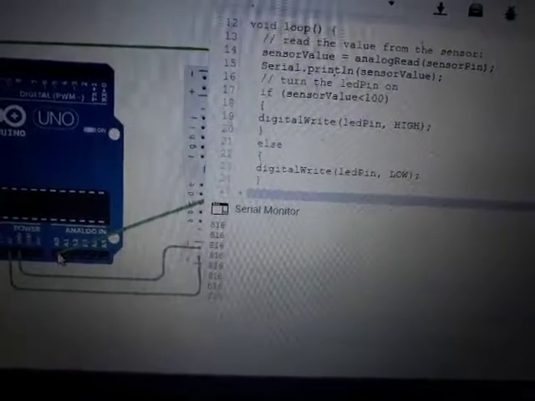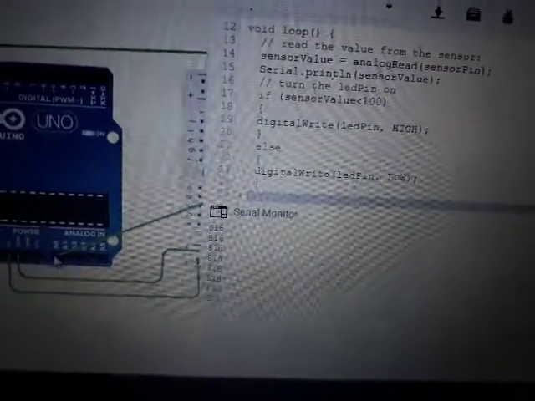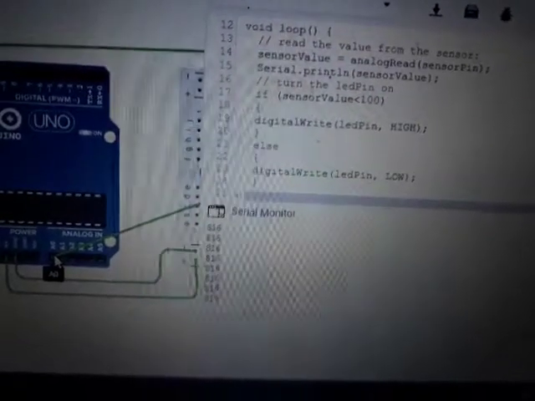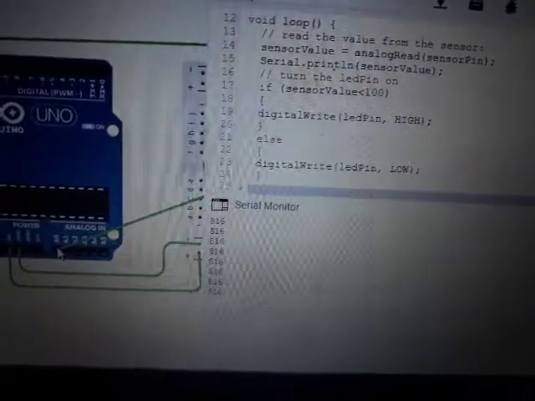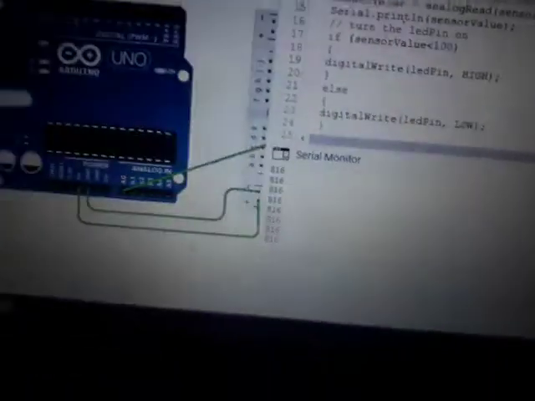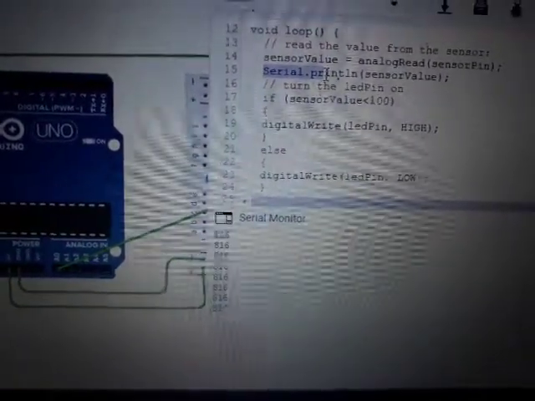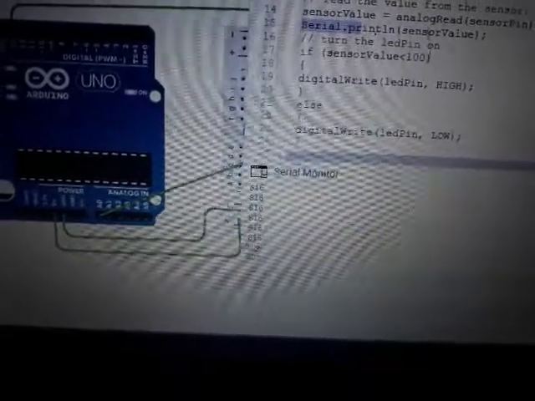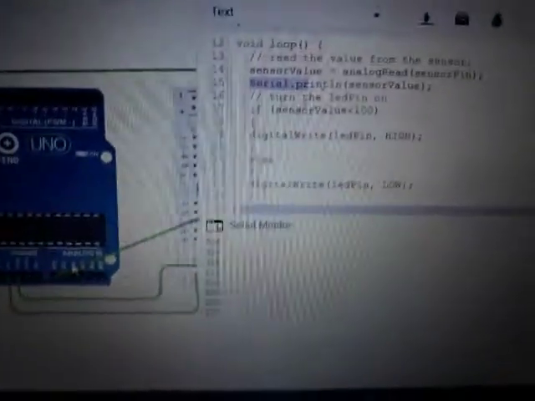It will be an integer value from 0 to 1023. For complete brightness this value will be 1023, for complete darkness this value will be 0, and the rest of the values will be in between. Second, I have used Serial.print to monitor what value is coming at this point A0. We will see it later.